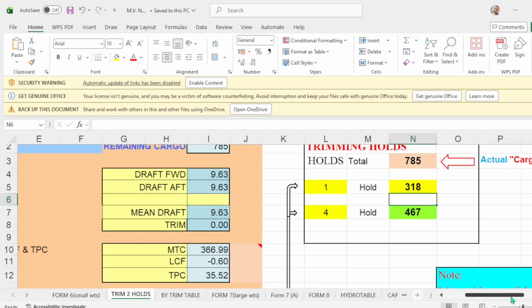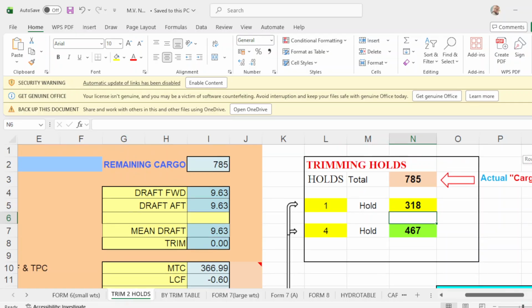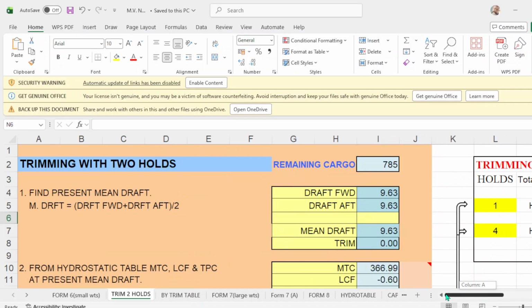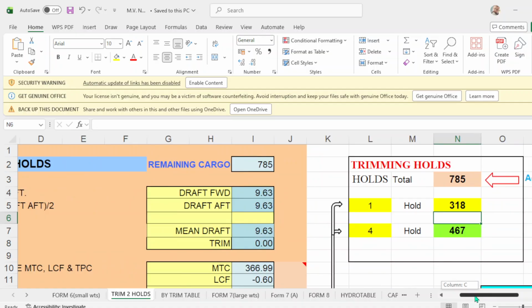This is trim 2 holds, titled trimming with 2 holds. So for example, you're going to trim 1 and 4, because this vessel has only 4 holds.